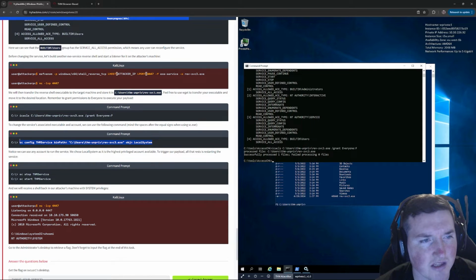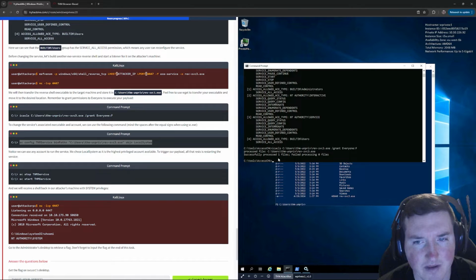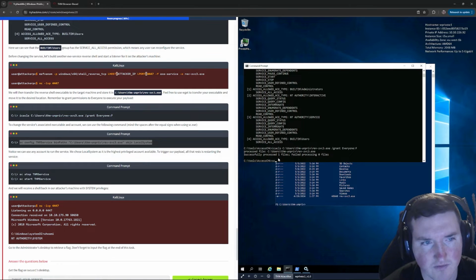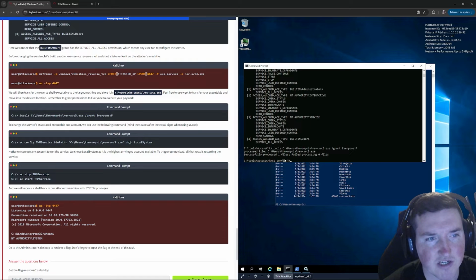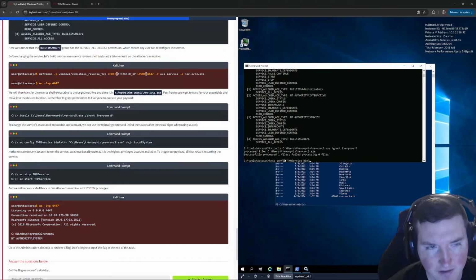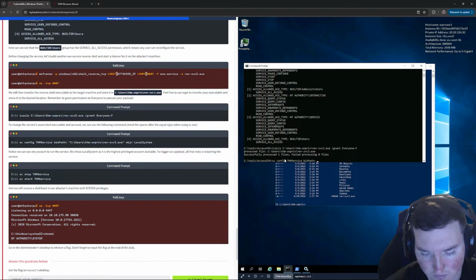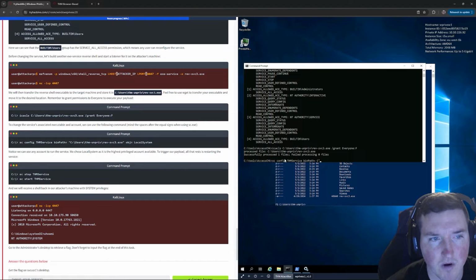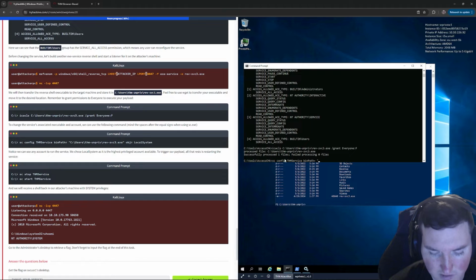Now, look right here. We're changing the configuration of the service. So we're saying, okay, sc config. We want to actually change the configuration, and we're going to say try hack me service. We want to change the binary path. So the binary path is equal to, and you can see we're quoting it. That's important that you quote it, right? So you say C,